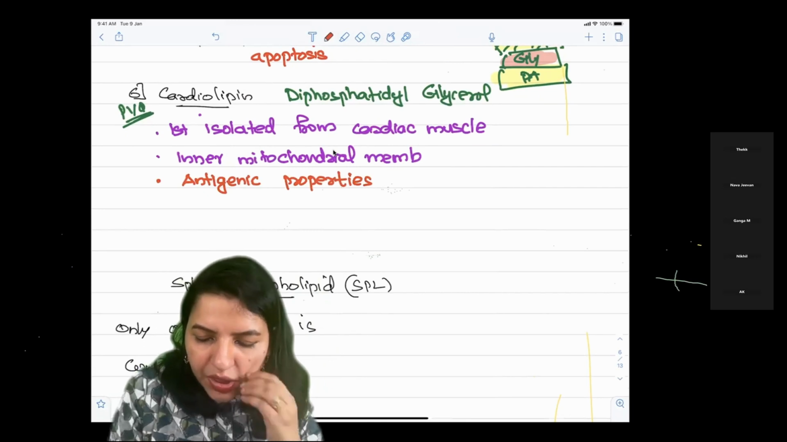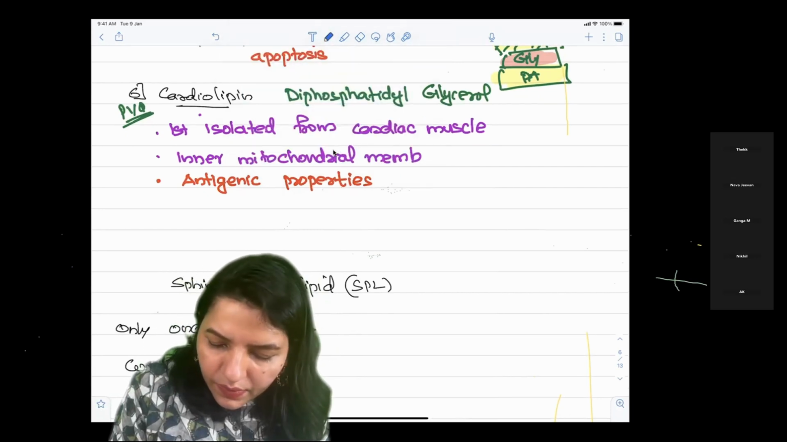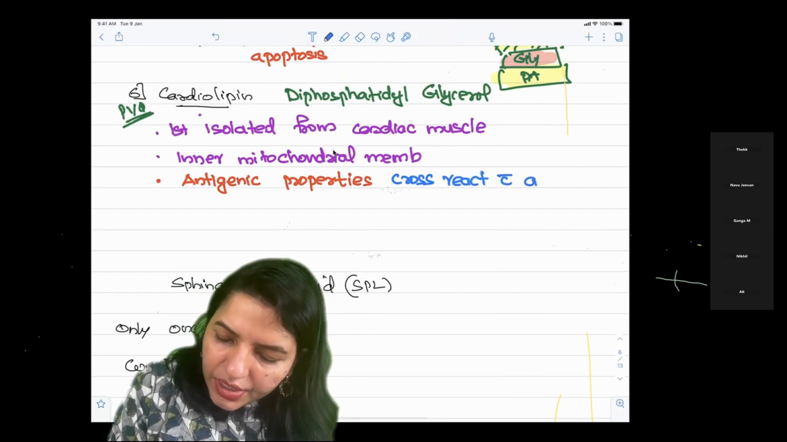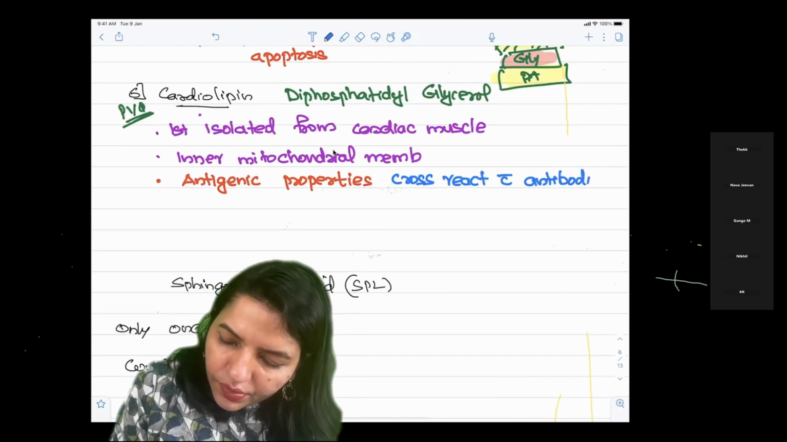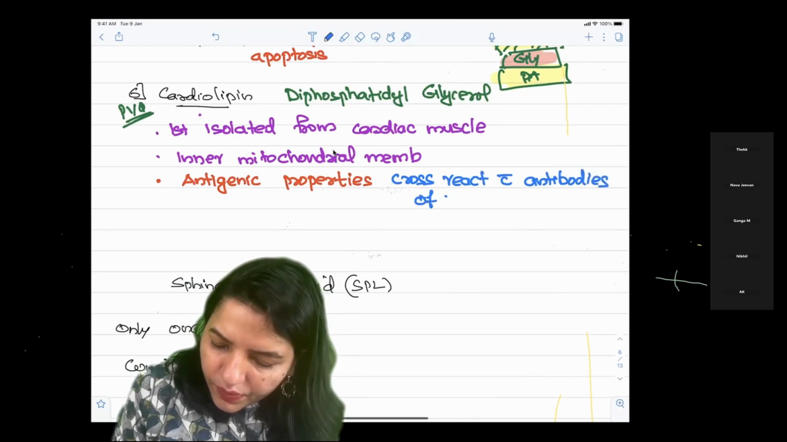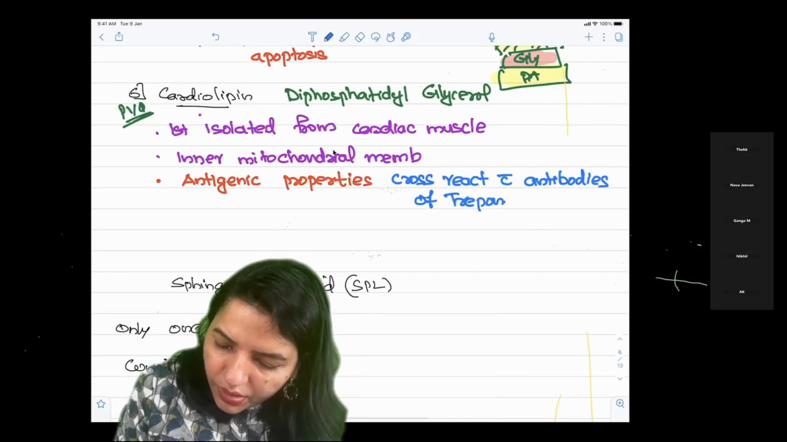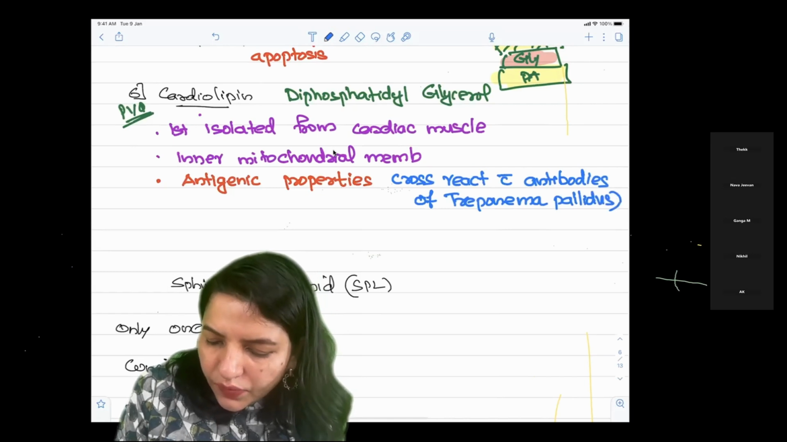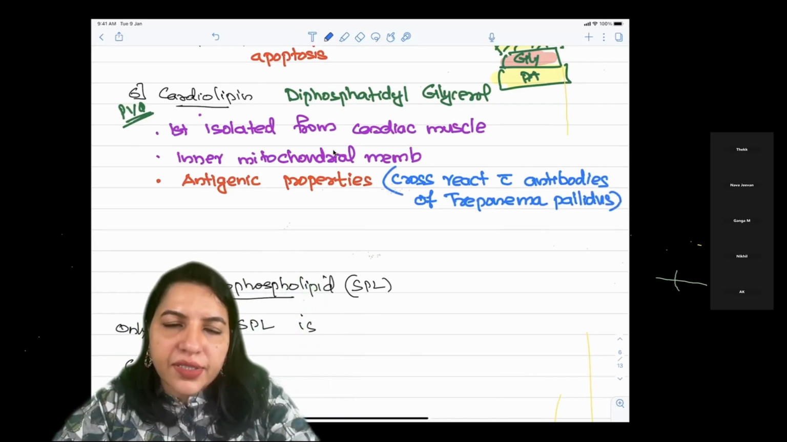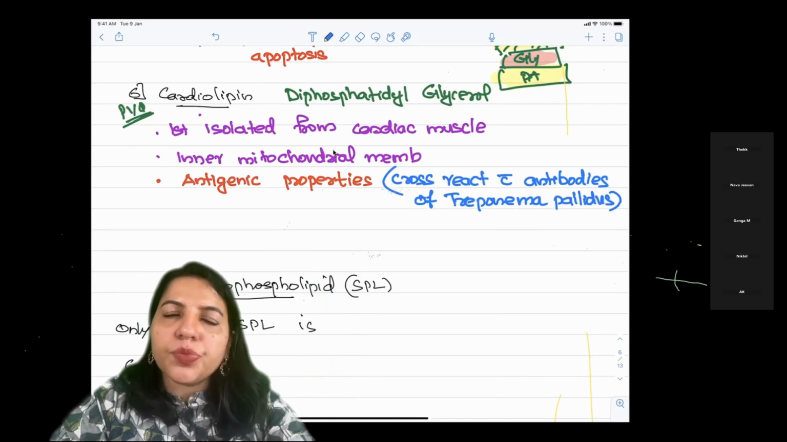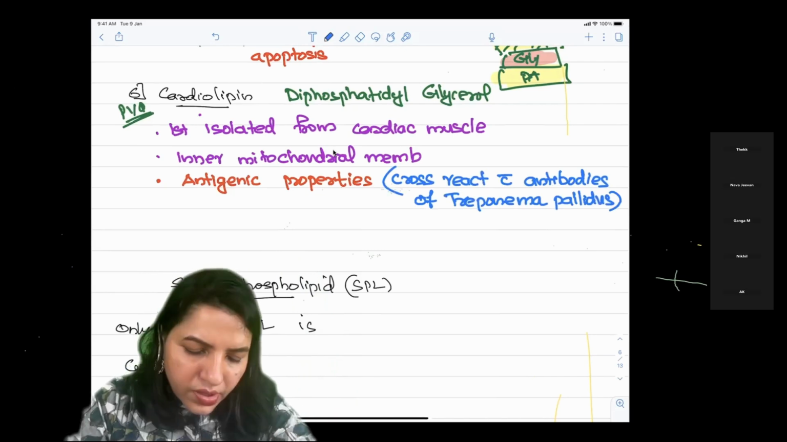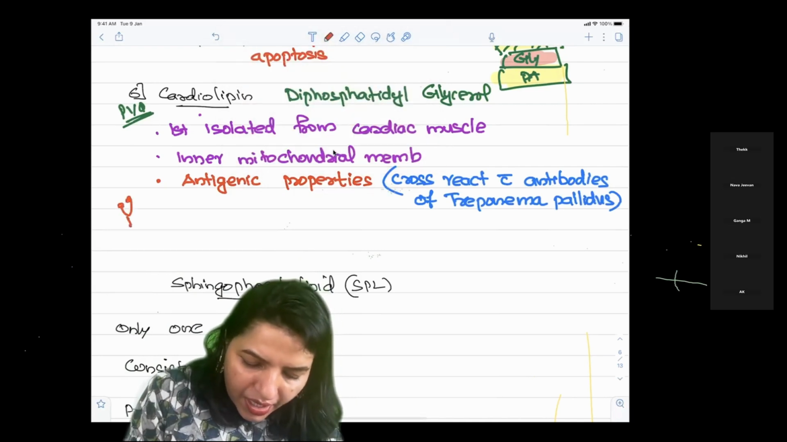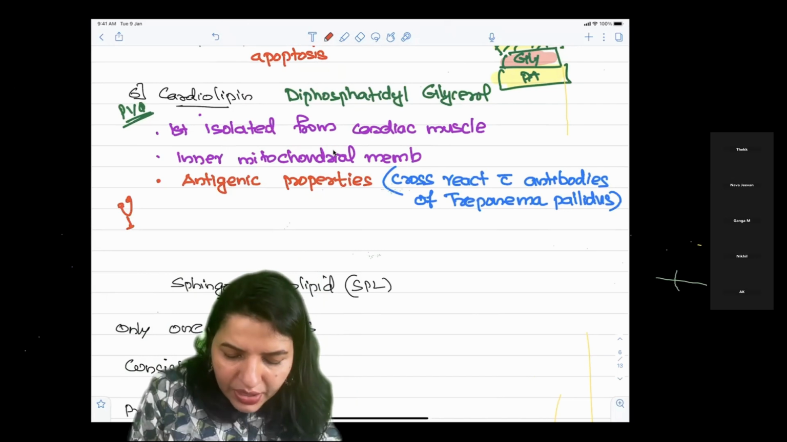Antigenic properties, which means this cross reacts with antibodies of Treponema pallidum, which means it gives a false positive test for what? Who will answer? Yes, syphilis. So because of its antigenic property, it gives a false positive test for syphilis. So that is cardiolipin. And what was asked in the last exam is a patient presented with